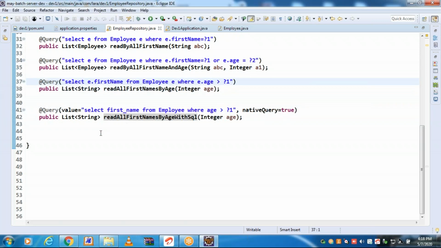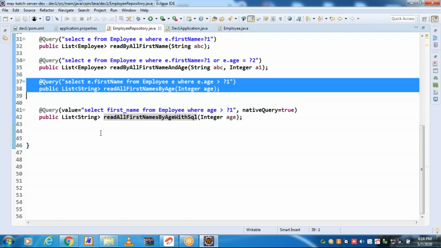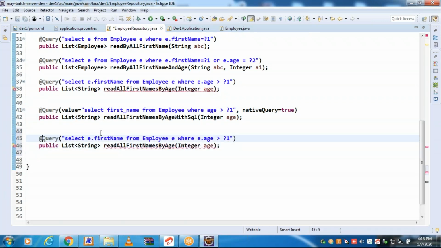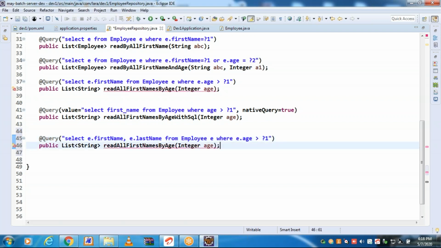Let me go back to the original JPQL query: select E.firstName, E.lastName, these are the attributes from Employee E, where E.age is greater than 1. Let us consider, so read all first names and last names by age.